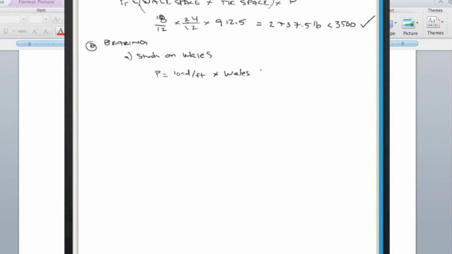So this is how much force is actually going to be on these studs at the contact area. So that's 912.5 pounds per foot that we found from previous parts of the problem times the wale space, which is 18. So we get 1368.8